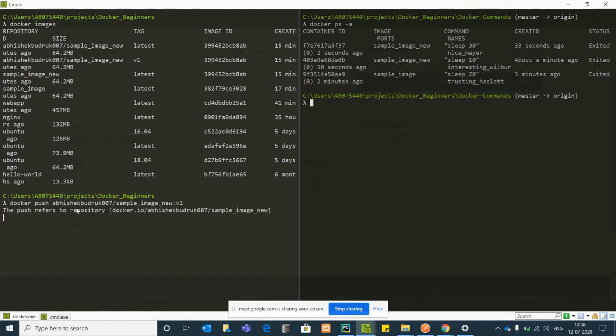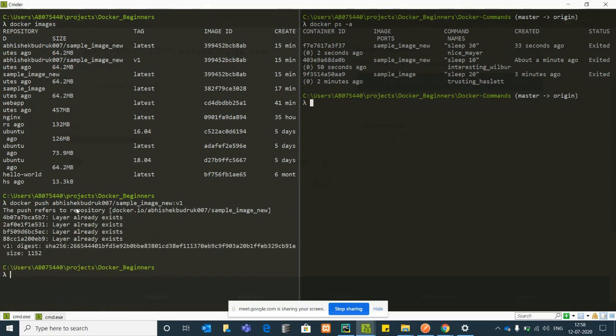Now, why we need different tags is because certain developers, like suppose I am working on version 1 of that image, and someone else is working on version 2 of that image, then we can simply have two versions of the same image. This tag is necessary because inside v1 it might have some packages installed with version 0.0.1, and inside version 2 we can install the package with version 0.0.2. So this is also pushed.